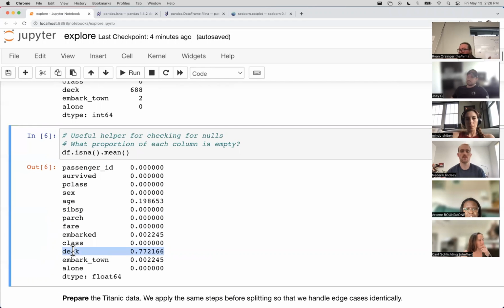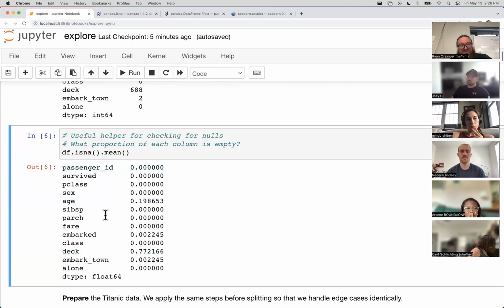So in that case, we wouldn't necessarily drop it, but we would want to investigate that a little more completely. I don't have a hard and fast rule for when you drop things, but this deck column, nearly 80% is missing. It's not some optional piece of the data like a free answer on a survey could be. I'd drop that for sure.